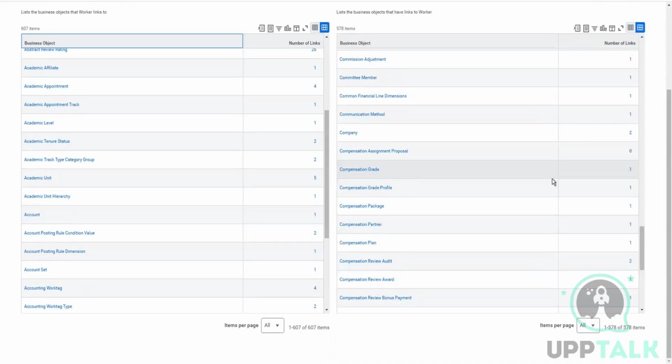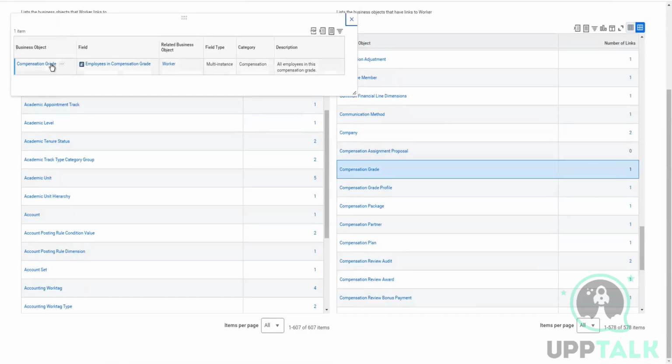So if I just talk about this compensation grade field, the business object this field is relying on is compensation grade, and the field name is employees in compensation grade, and the related business object to this is worker. Now this is a delivered field, but since this data is related to employee and it is the employee's compensation grade, they created it this way so that the related business information is coming from worker somehow. That's why they have related it to a related business object worker, but the primary business object for this field